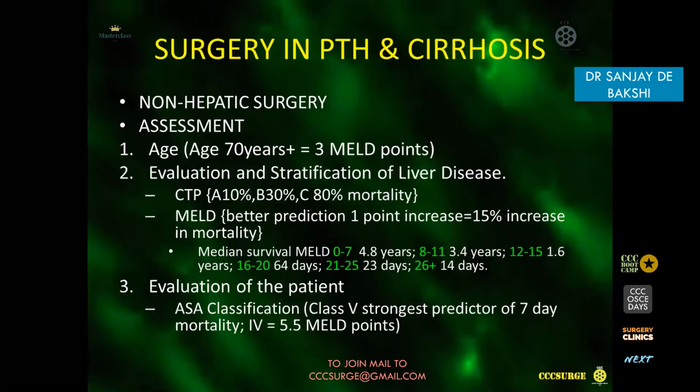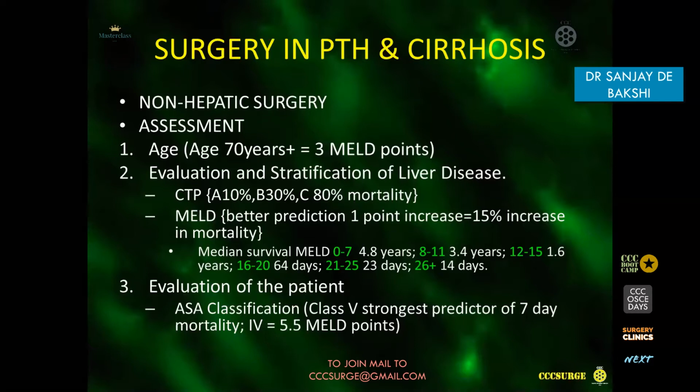Now, what about surgery in portal hypertension and cirrhosis, non-hepatic surgery? The first stage is assessment. See, some of these things are asked. How do you assess a patient who has cirrhosis and who is coming for some other surgery which cannot wait? Of the multivariate assessment, these are the things that have been found to be of the maximum importance. First is the age. If the age is more than 70 years, it adds 3 MELD points to the